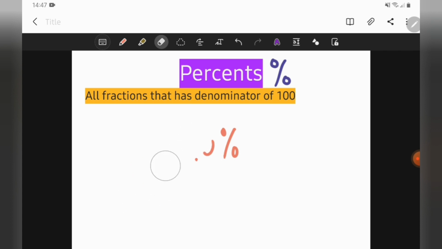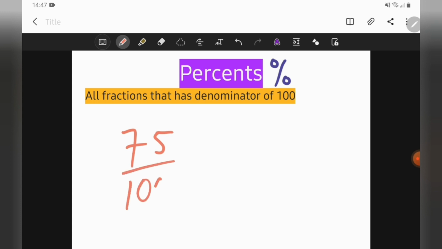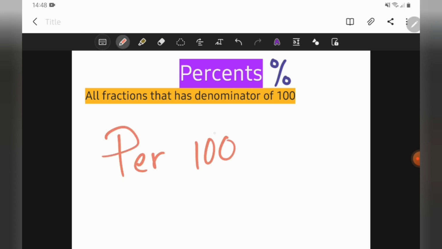Let's make the fraction with this number, 75 over 100. Yes, correct. The answer will be 75%. So by knowing this, we can say that percent actually is per 100. So focus on the denominators of 100. Okay, and also